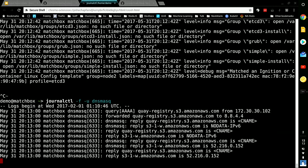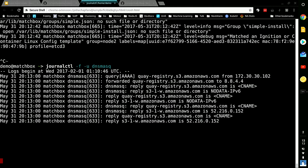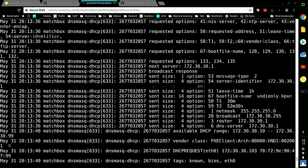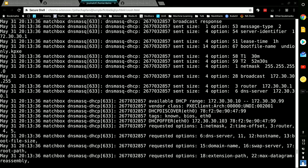So, of interest, if we shut this one down and follow the process in the boot, we'll boot one of these. Should be coming up. And there we go. So we get a DHCP request for the box that was just powered up. Of particular note, we get this vendor class